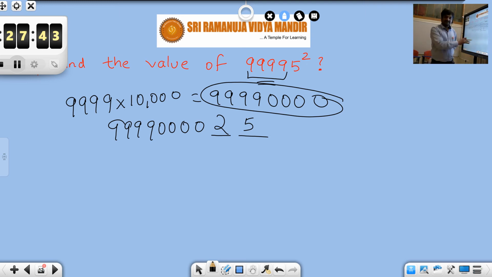Okay, this is pretty simple. Hardly has it taken 1 minute to solve this question. Don't get scared by the numbers. Please remember this property. Whenever the number ends in 5, its perfect square ends in 25. And the leading digits: just look at the leading digits before the 5 in the number and multiply that with its next consecutive number, and whatever the product is, the same would be the leading digits in the perfect square.